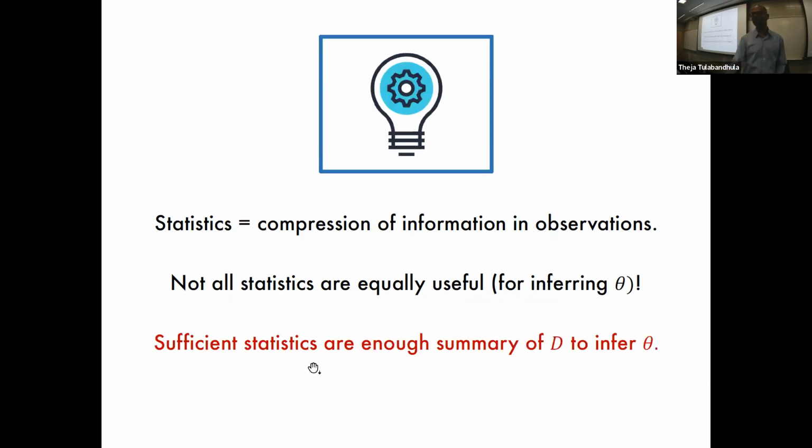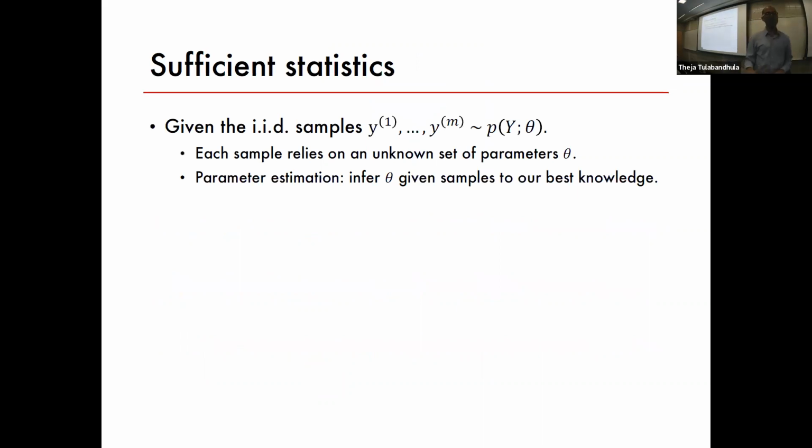So the key idea, and that's why sufficient was bold-faced in the previous slide, is that sufficient statistics are enough. They are a summary of the data. You had the original data with all the observations, you string them together and say, here's a summary, the average or sum, and that is enough to point us towards an estimate of theta. They're enough to infer or estimate theta. Infer and estimate are the same thing for now.